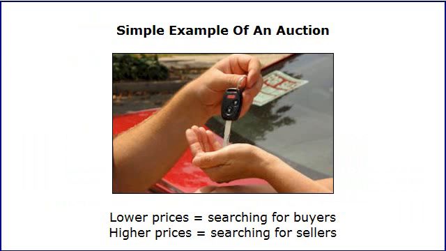So let me give you a quick and very simplistic example, something we're all familiar with, to demonstrate the auction process. Let's say you're trying to sell your car. What are you going to do, assuming you don't want to sell it to a dealer? You want to sell it privately. You'll probably place an ad in the newspaper or online. And if you don't sell your car, and assuming you want to sell it pretty quickly, what are you going to do? Obviously, you're going to lower your price. If you lower your price, you're going to find a buyer. And so lower prices are essentially advertisements for buyers.